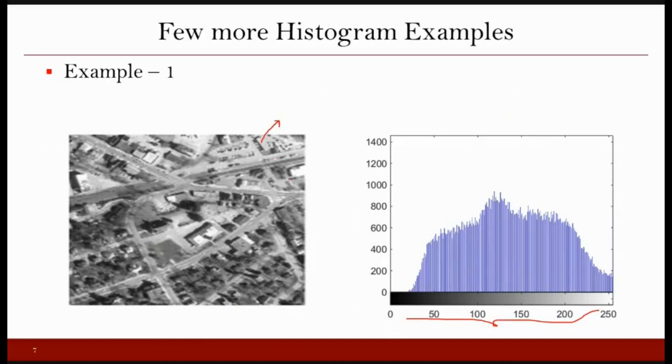And what kind of histogram do you see for this image? In this image, you see that the histogram has a kind of equal or uniform distribution across the pixels. It's not that all the pixels have either very dark values or very light values, or there are some clusters. In this image, there are some pixels with low values, some pixels with high values, and a good number of pixels with intermediate values. So this histogram has a kind of uniform distribution across the gray levels.